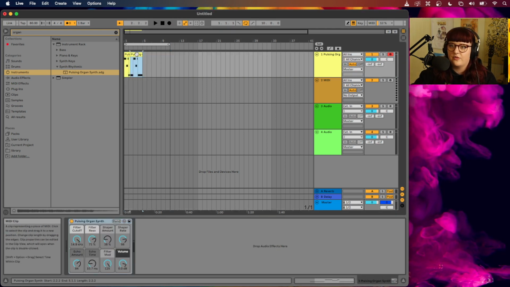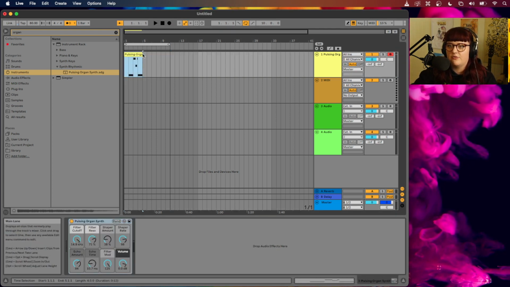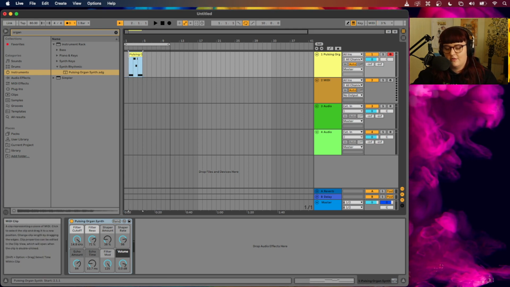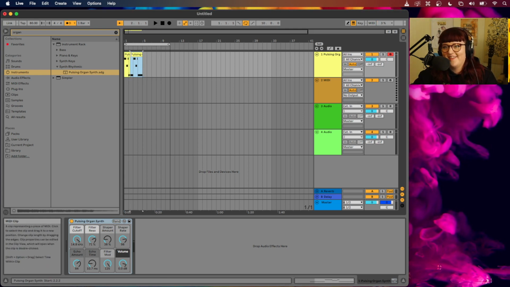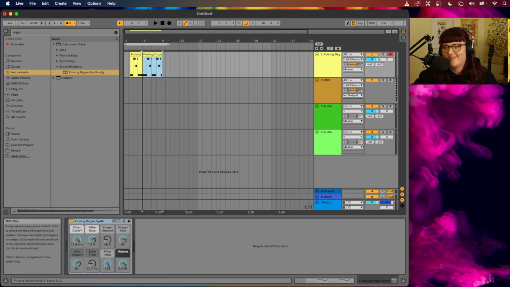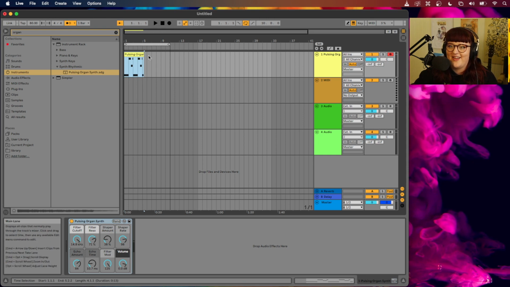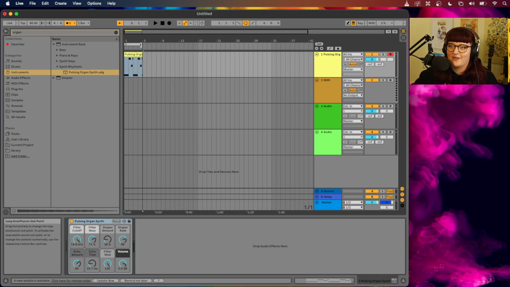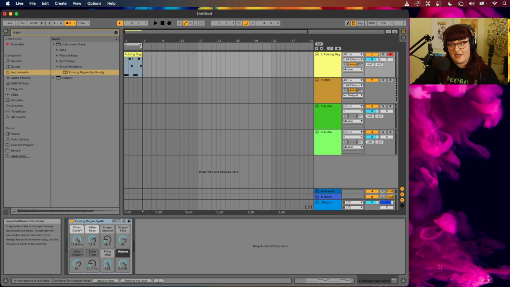If I want to, I can always grab this and drag it back out. Whoops. Not quite like that. There you go. I should be able to grab this one down here. Drag it back. Beautiful. So now that's a neat little 4-bar loop if I just drag it to the right little section. If I now press spacebar, press play,